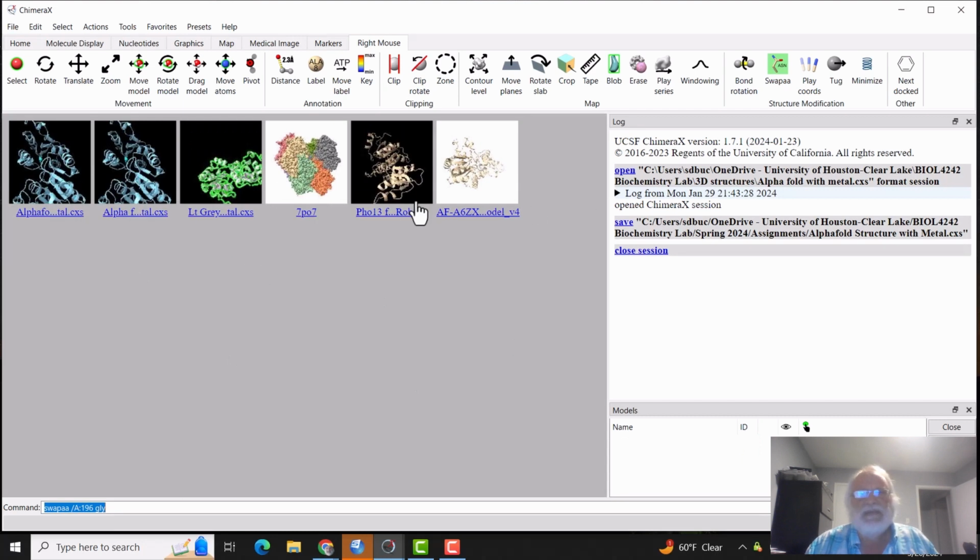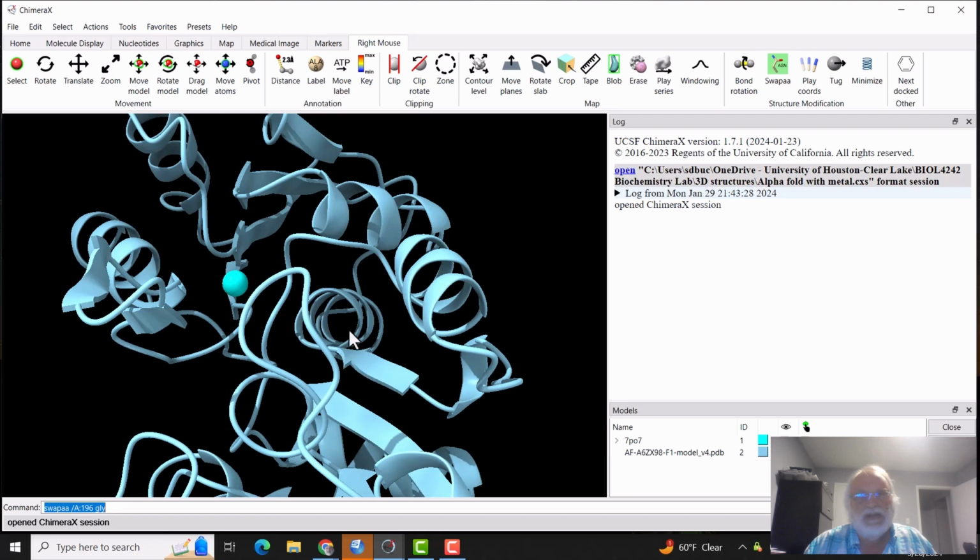Now, I've played with a number of different molecules here over time. So whenever you first open it up, I don't think there'll be any files in this portion right in here. But here, we have this AlphaFold file. We'll click on it, and we see there's an ion here in kind of this weird sort of cyan color and this sort of light blue color for the rest of the molecule. So when you first open this up,